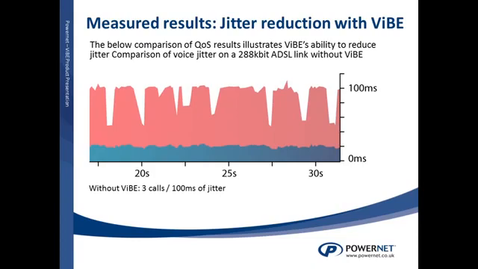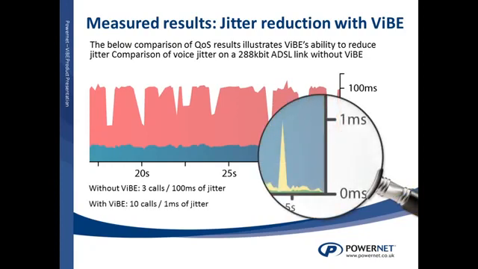So in terms of actual jitter reduction, this graph here shows that on a 288K ADSL link, with 3 calls, we're experiencing 100 milliseconds of jitter. Now, in technical terms, what that means is that if you're a really good listener or if you have sensitive hearing, you may be able to detect that level of jitter. However, for most people, that would be a pretty standard call. They wouldn't be able to tell if you're using IP voice services or the plain old telephone system. Highlights here are transporting 10